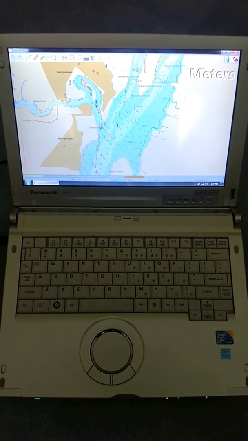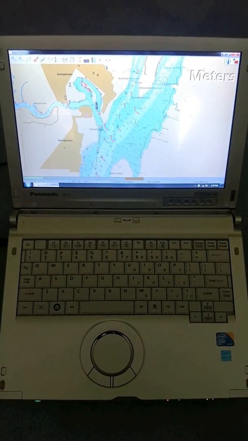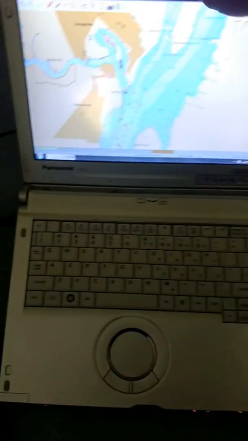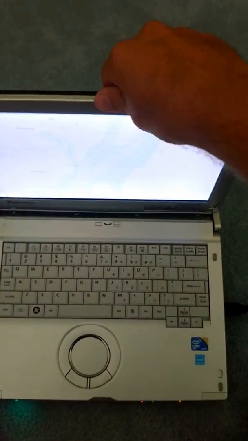This is Ivan of Navigation Laptops, and I'll be giving you a brief overview of the 12-inch premium navigation system with a swivel display. Now, this can be used as a regular clamshell setup, or the screen can be rotated